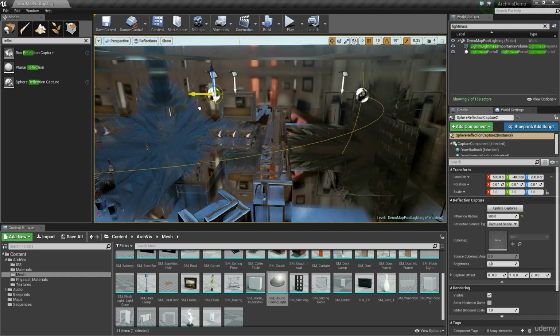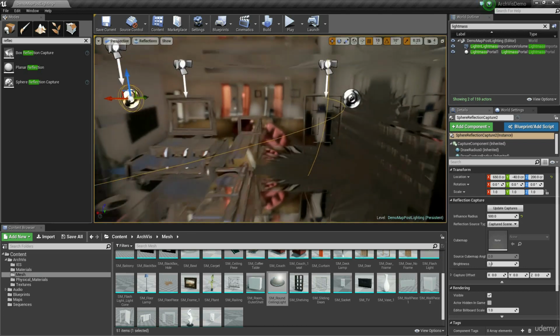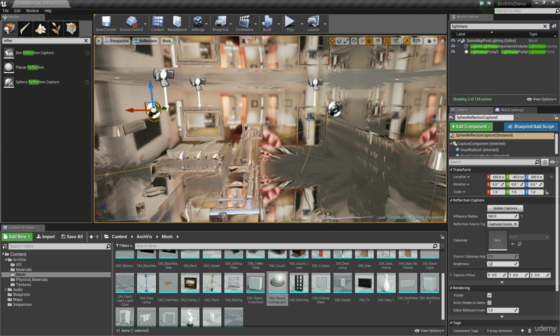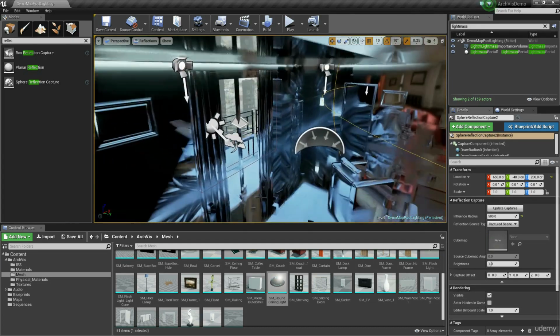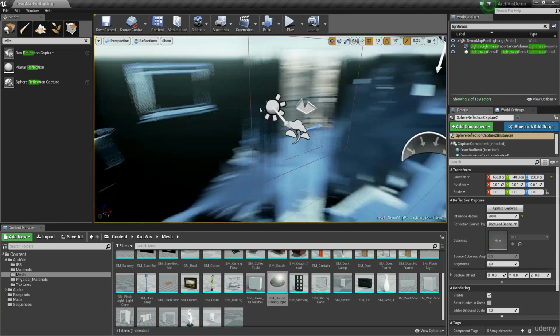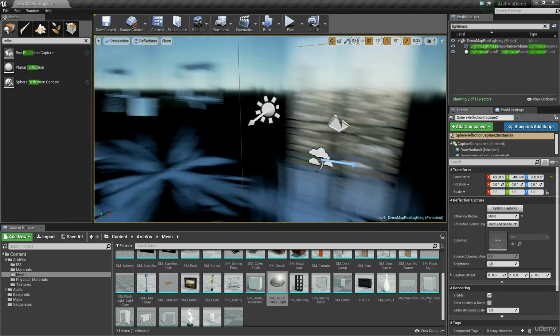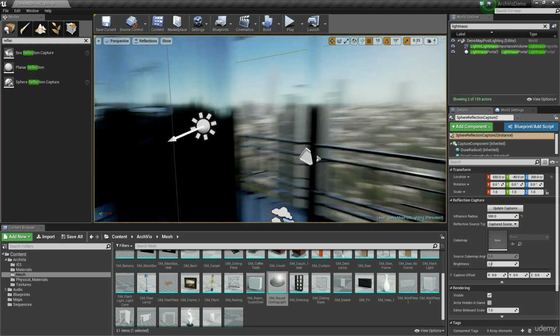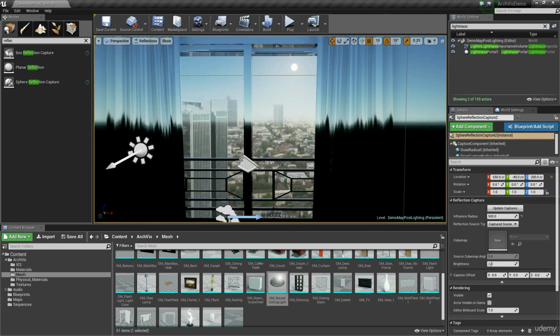So you can see that as I drag it, it starts blending the reflections at a certain point as these two kind of cross over one another. And you can control how that falloff actually works between the two as well if you're using cube ones. But otherwise it's just a linear falloff in a standard spherical reflection capture actor. So I've put this here and I've put this here, but I'm going to set up this front area slightly differently, and that's because I really want to make sure that in a night scene, it's not so apparent in a daytime scene, but in a night scene, I want to make sure that this glass wall would reflect the room